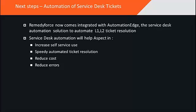So once things are live and Aspect is using it, we are talking about the next level of enhancements and the next level of efficiency, how we can bring in more with what they have already invested in Remedyforce. So we have a product called Automation Edge. It's a service desk ticket automation solution, which will help Aspect increase self-service further, because